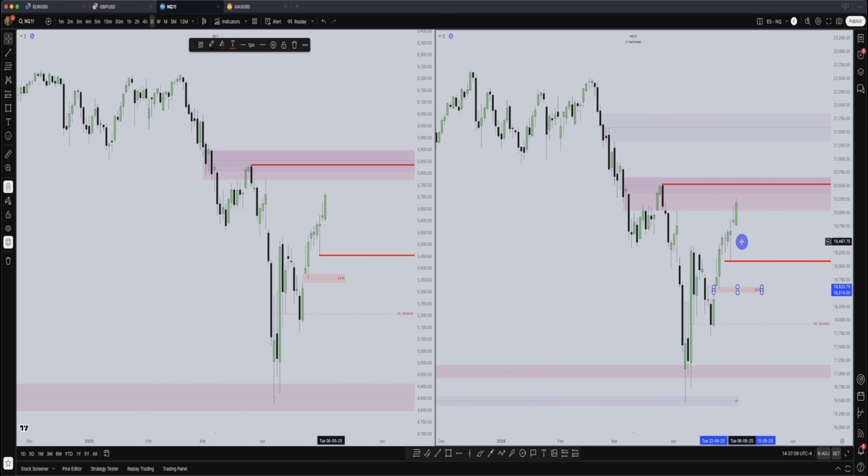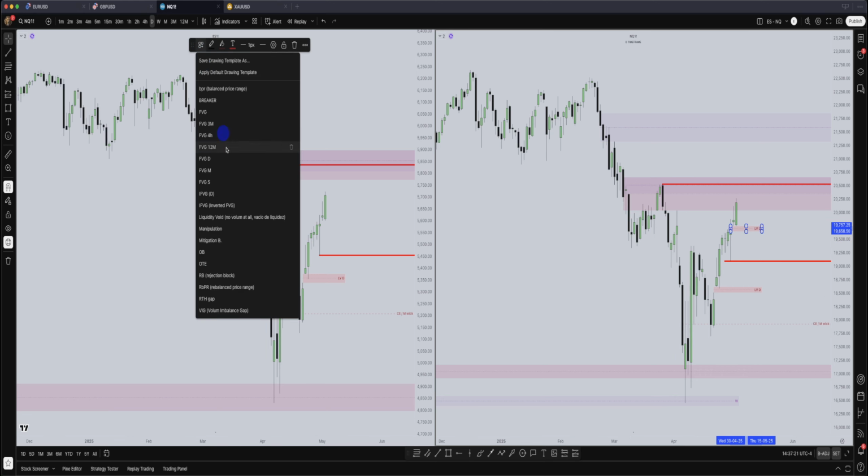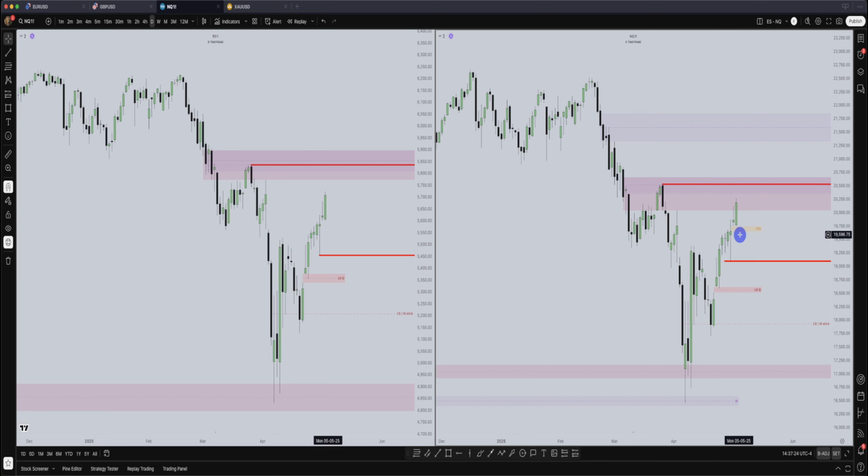So also here we have another liquidity buoy. Sorry, this is a liquidity buoy, but this is more like what ICT called a volume imbalance gap, because there's only wick, there's no body of the candle. This is a volume imbalance. When there's nothing at all, no wick, no body of the candle,